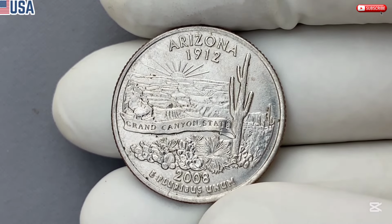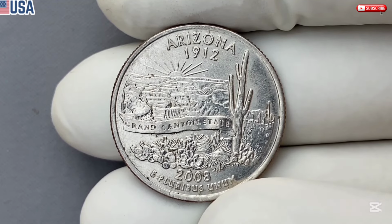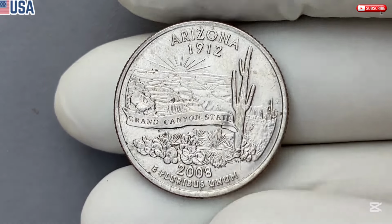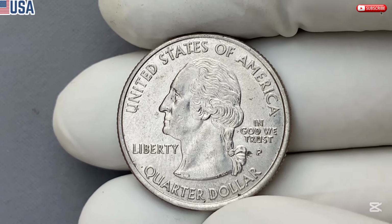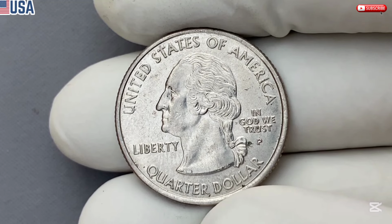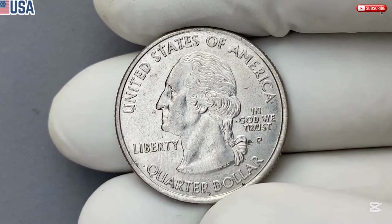But there's another factor at play here that could make this coin even more valuable: the condition of the coin. If the coin is in pristine condition, meaning it looks like it just came out of the mint, it will be worth significantly more. The higher the grade of the coin, the higher the value. Coins that are well preserved, with little to no wear and tear, tend to fetch the highest prices in the marketplace. If you find a die clash Arizona quarter in mint condition, you've got yourself a rare and valuable piece